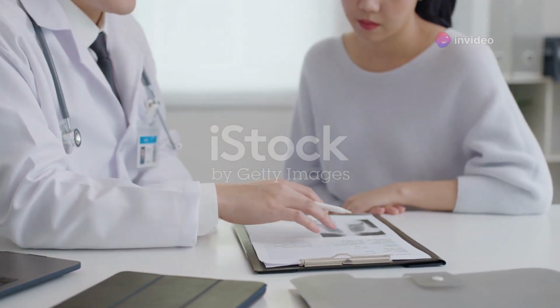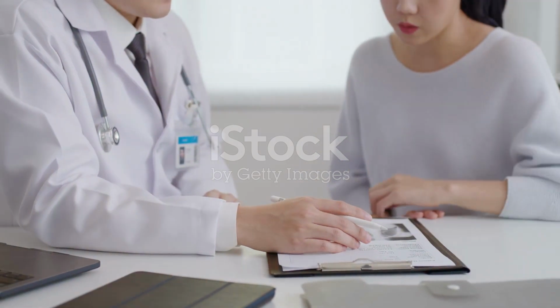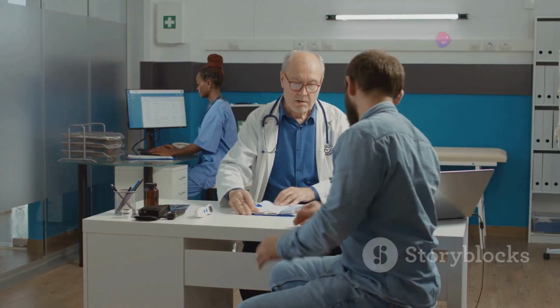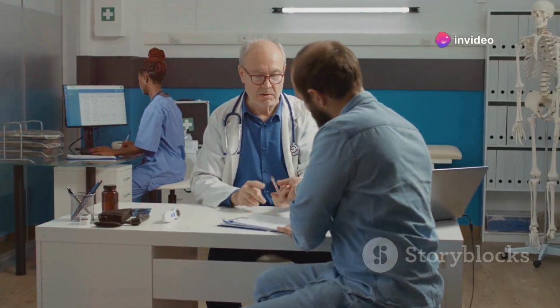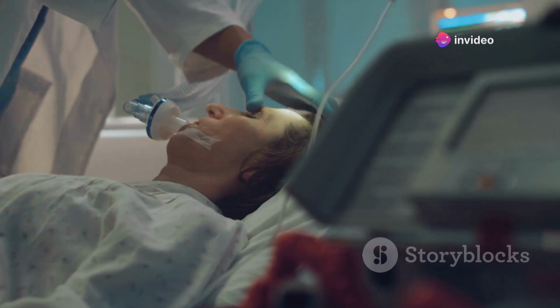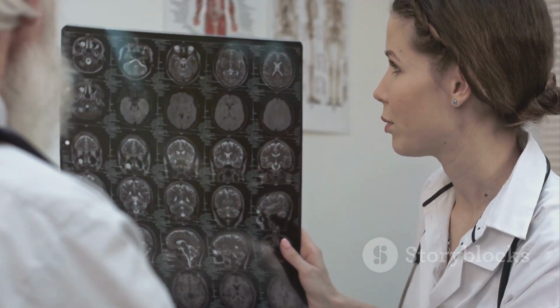Section 6. Opportunistic infections, threats to watch for. Opportunistic infections are a major health concern for people with AIDS. These infections can affect various organs and systems in the body. Some common opportunistic infections include pneumocystis pneumonia or PCP, which is a serious lung infection; toxoplasmosis, an infection caused by